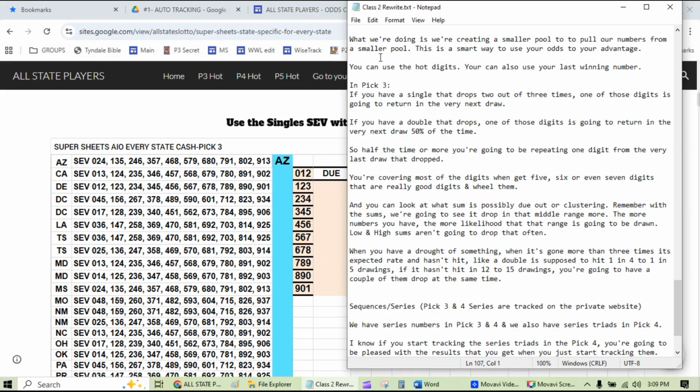Alright, so in the Pick 3, if you have a single number fall, like 1, 2, 3, where all the digits are different, 2 out of 3 times one of those digits is going to return in the very next drawing. It's like 66%, I think. It's almost 2 out of 3 times when you have a single that one of those digits is going to fall